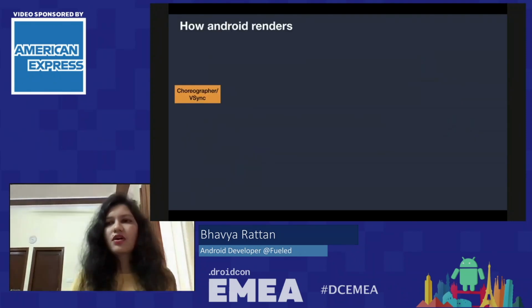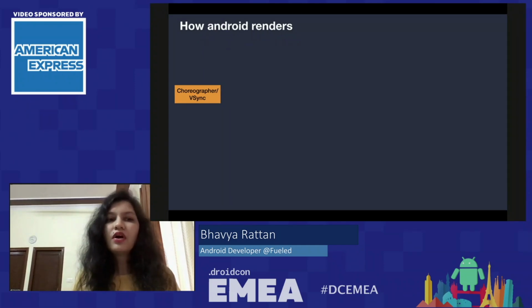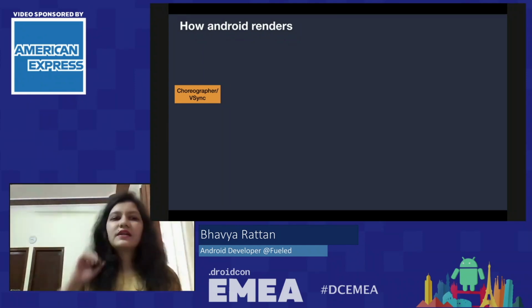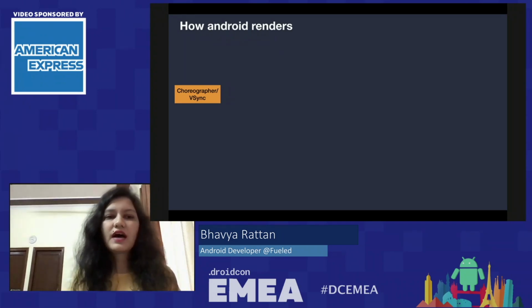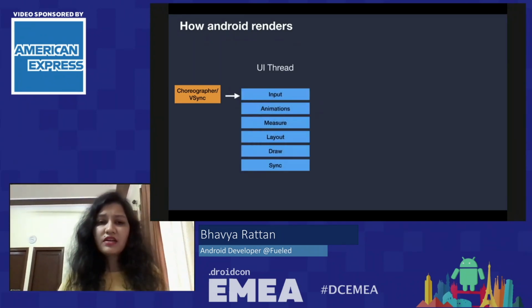Let's talk about how Android renders first and what happens behind the scenes. Most devices have a refresh rate of 60 frames per second. Vertical sync gets started by an Android OS class called Choreographer, which then triggers a lot of other processes.